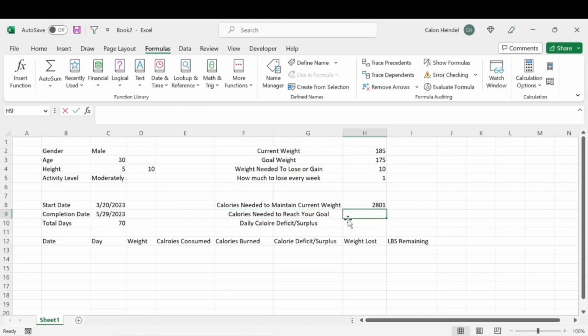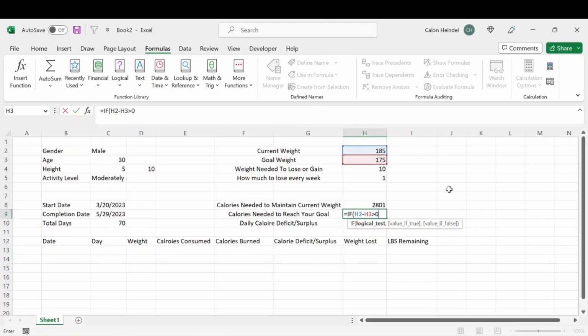you need to understand that it's estimated that about 1 pound equals 3,500 calories. So the formula we're going to use here is another if statement. So we'll say if our current weight minus our goal weight is greater than 0, then we're going to want to do the calories needed to maintain our current weight subtracted from (the weight we needed to lose or gain times 3,500 divided by (our completion date minus our start date)),